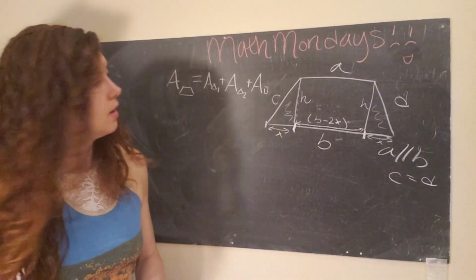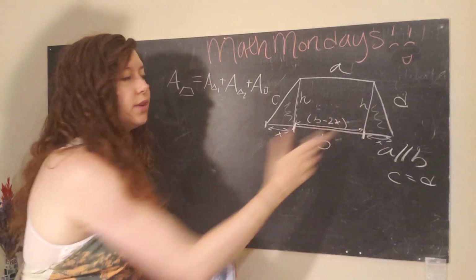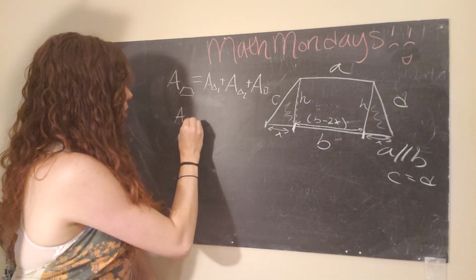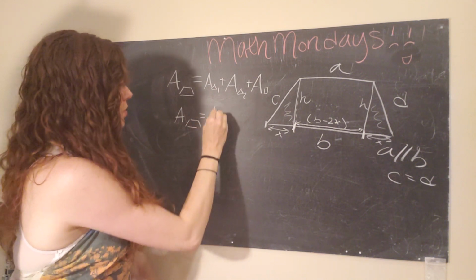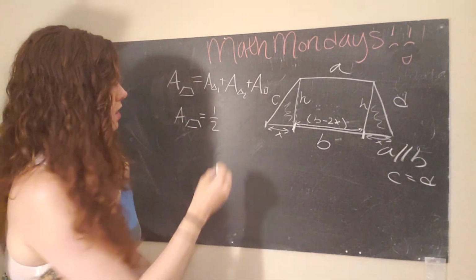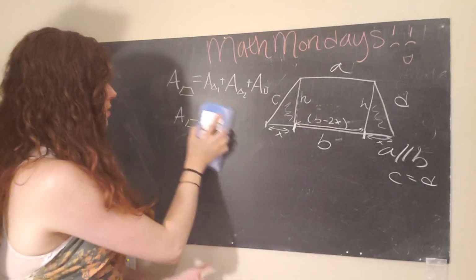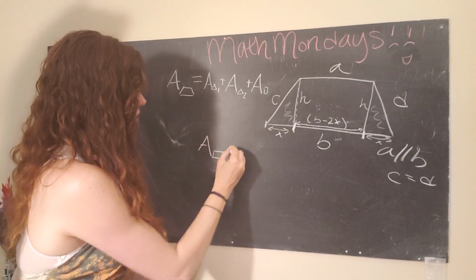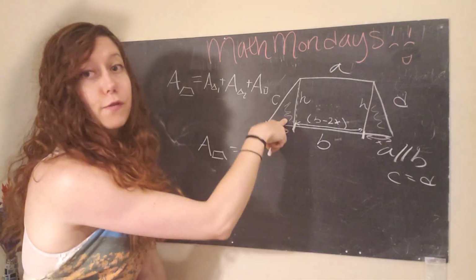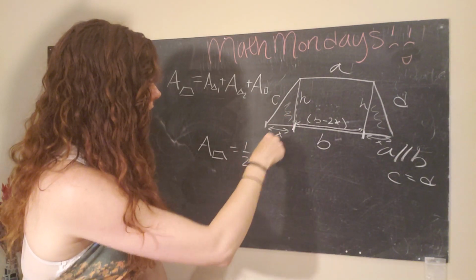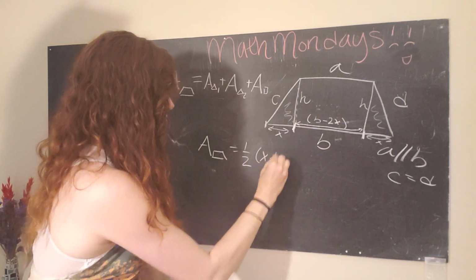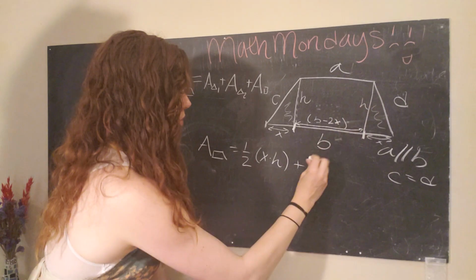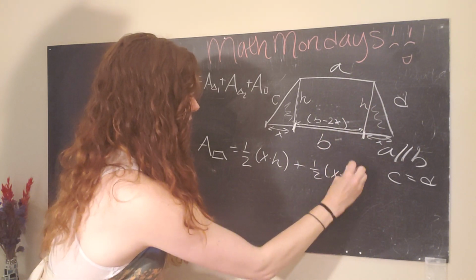So this equals B minus 2X. Okay. And now we are going to plug in the equations for area of these two triangles. So the area of our trapezoid equals 1/2. This first triangle is 1/2 X times H, plus another one, 1/2 X times H,